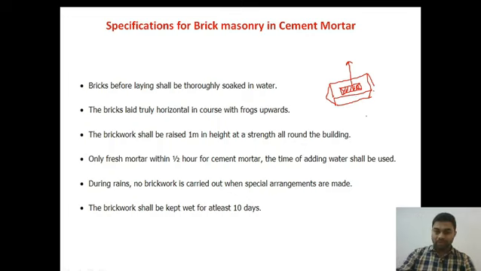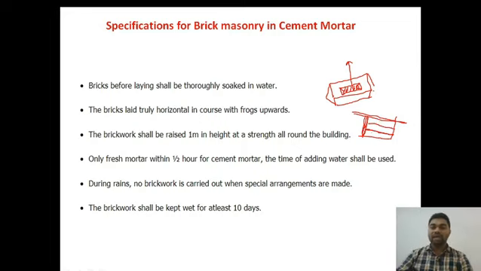Suppose this is our column and this is our roof level. When we start brickwork, we need to go layer-wise only. First we complete the brickwork for 1 meter and leave it for some time, then complete another portion of 1 meter, and then go for the next layer of 1 meter and complete up to the rooftop. In one go, you cannot raise a brick wall more than 1 meter or to the complete height. Are you getting my point?